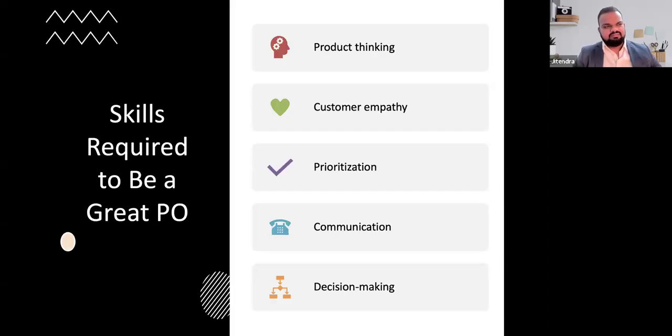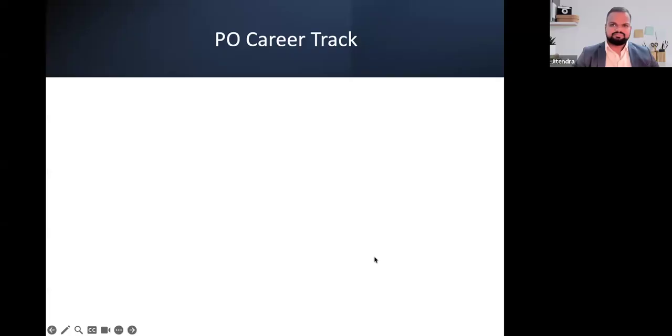And decision making: various times on the spot you need to make a decision. Mostly it can be about prioritization, go, no go about a release, going ahead or not going now. We have to postpone it or we have to do it right now, or maybe a staggered release. So decision making acumen is what is required to be a pro in this job.